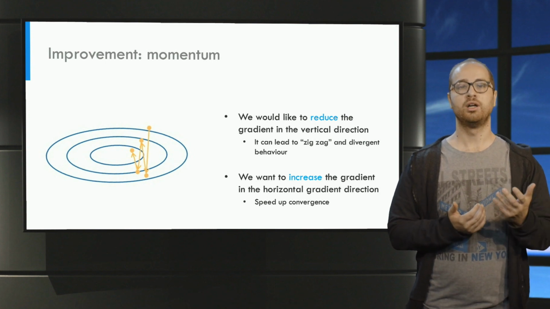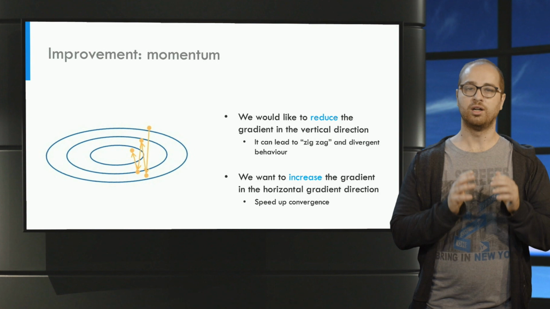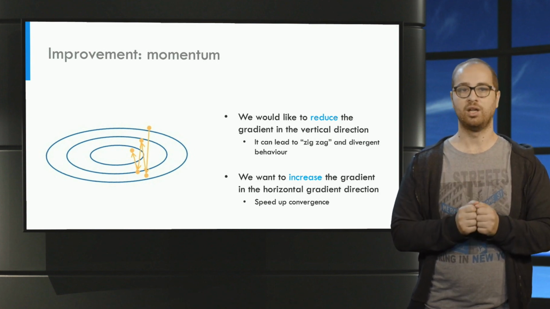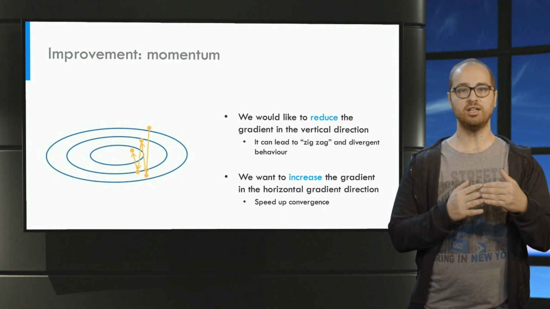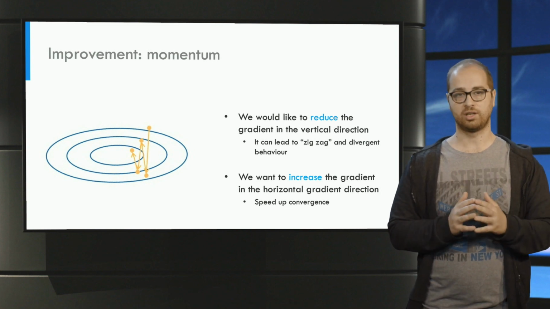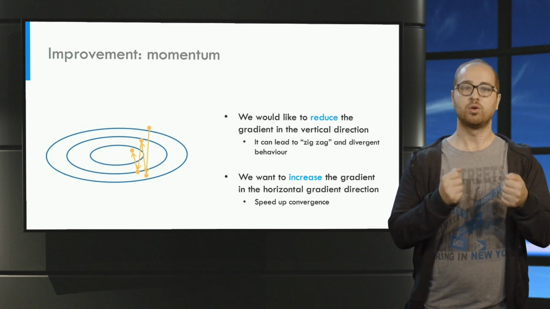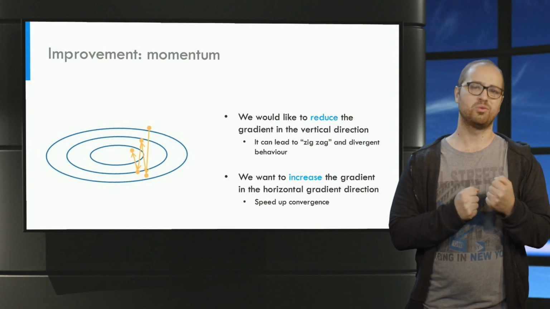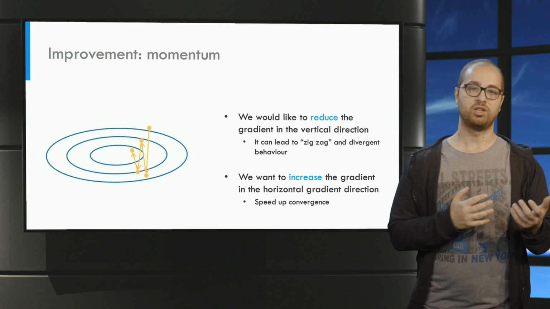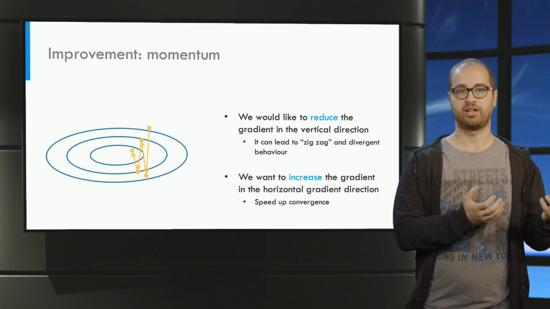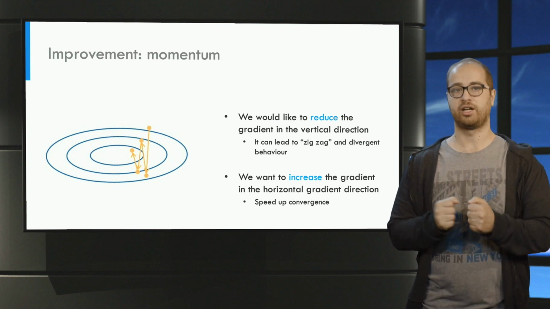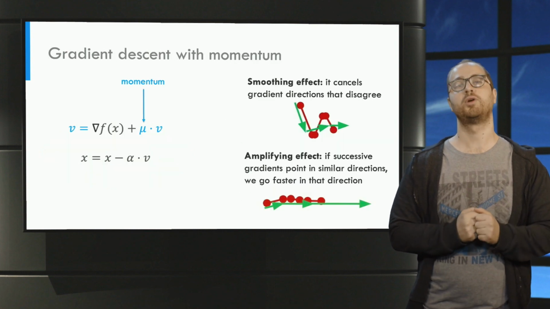If you think about it, you can see that a way to do that is simply to sum the current and past gradients at each iteration of the gradient descent. In fact, if we take consecutive gradients, these will have opposite gradients in the vertical directions, and same in the horizontal one. So, if we sum current and past gradients, ideally we can obtain a much better direction with reduced zigzag behavior. Smaller magnitude in the vertical gradients, and faster convergence, which means increased magnitude in the horizontal direction. This is exactly what momentum does.